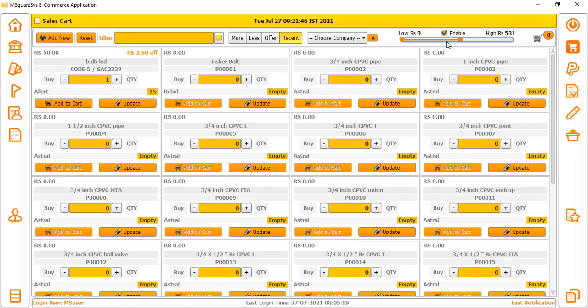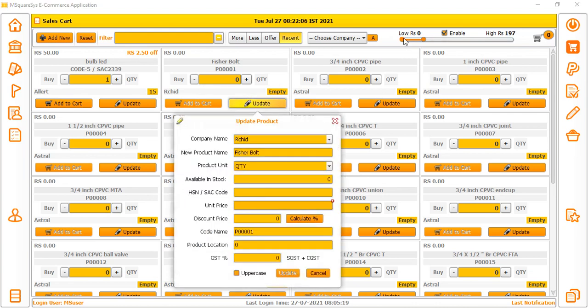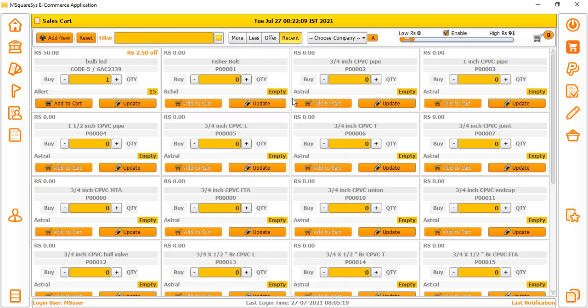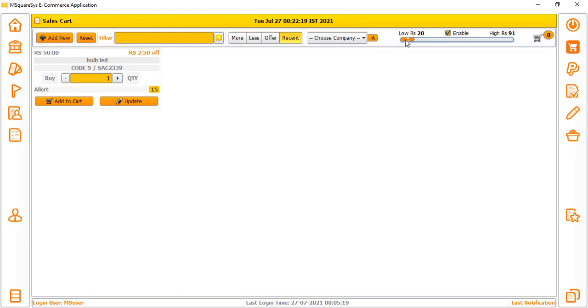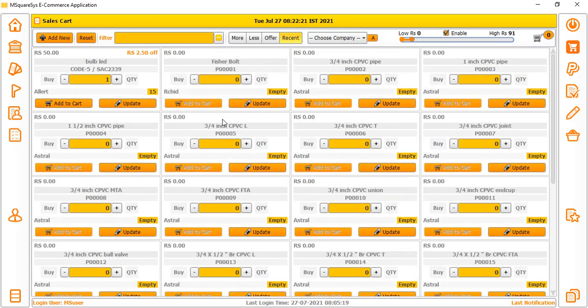Here you can filter based on your item quantity and how much you are having. Maximum is 154. Because many products are not entered, it is not showing anything. Otherwise it will filter based on your values. All are empty here, so most of the prices are zero and we cannot show the correct information, but it will work according to the filtration. Suppose I give more than 15, see it changes. This particular item has 15, 16, so it does this.